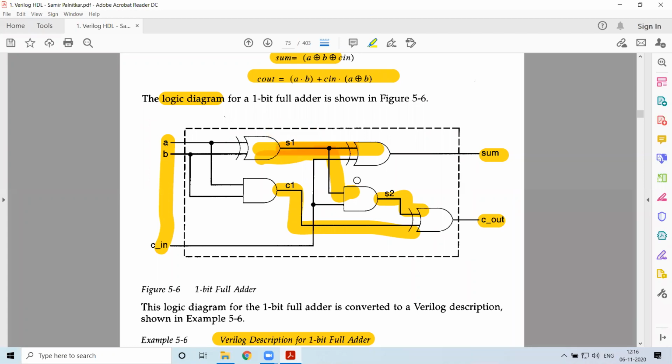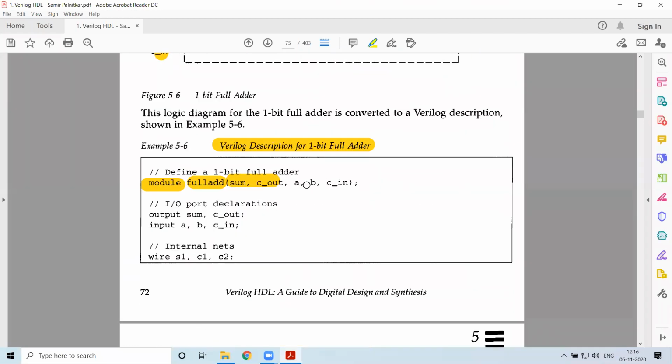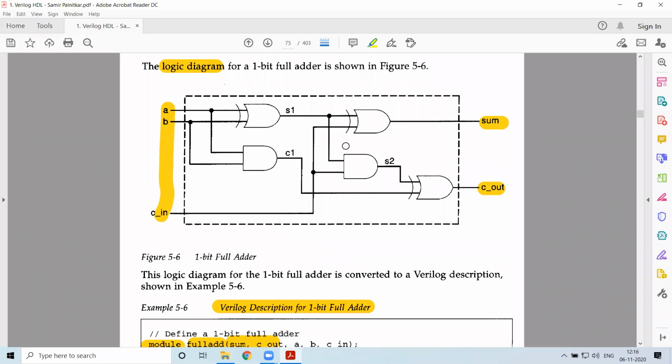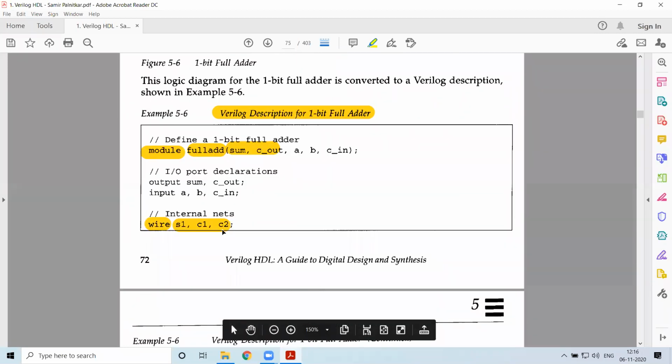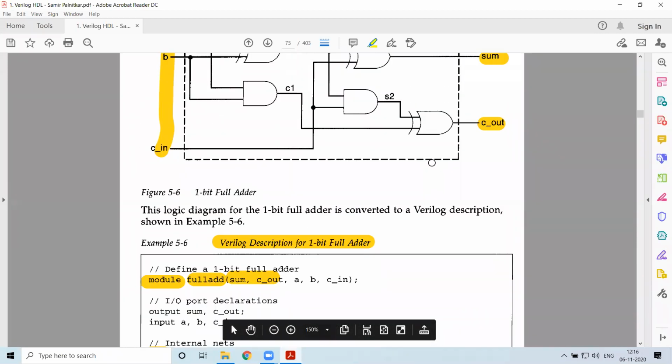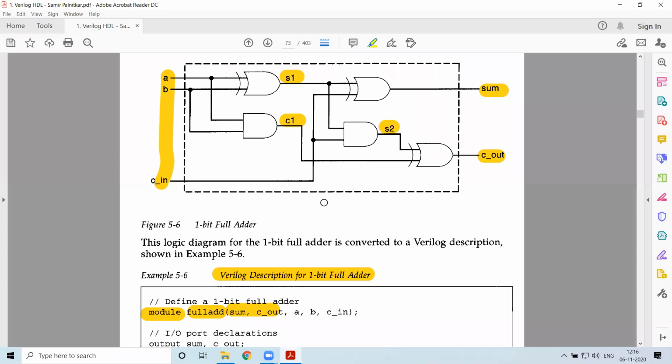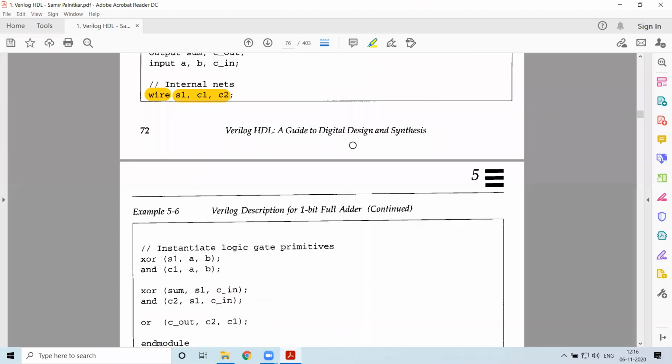So that is what you are trying to establish over here. Okay. So here we should have wire S1, C1, and S2. Here again it is misprinted, it is S2. Here he has shown it as C2. It is misprinted. It is S1, S2, and C1. Okay. So these are the things you will be using for the intermediate connections.